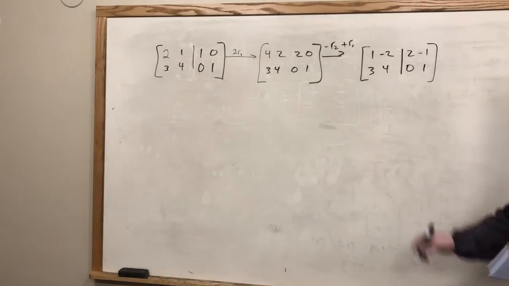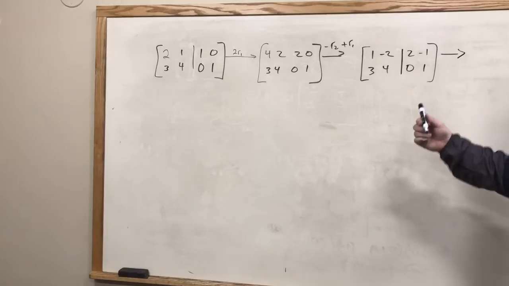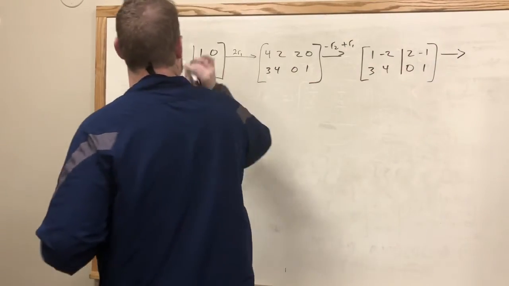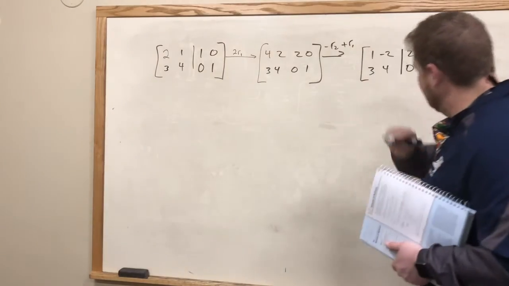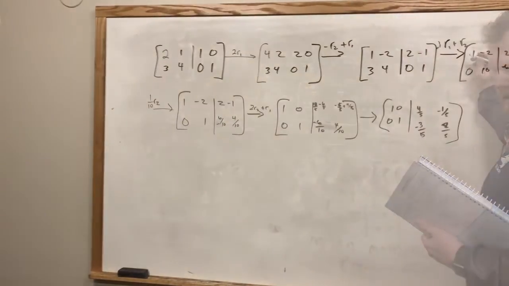Now what? What I've got to do next is get this to be 0. Do you agree with me? Because the whole goal is to get these 4 to look like these 4. So I've got to get this to become 0. Well, how do I do that? 3R